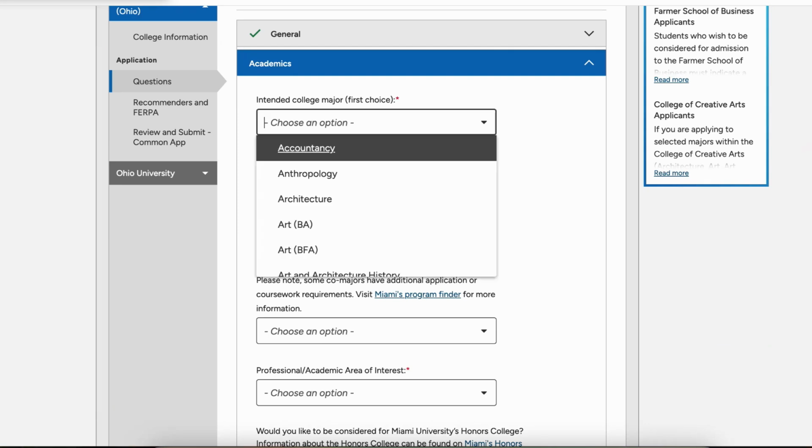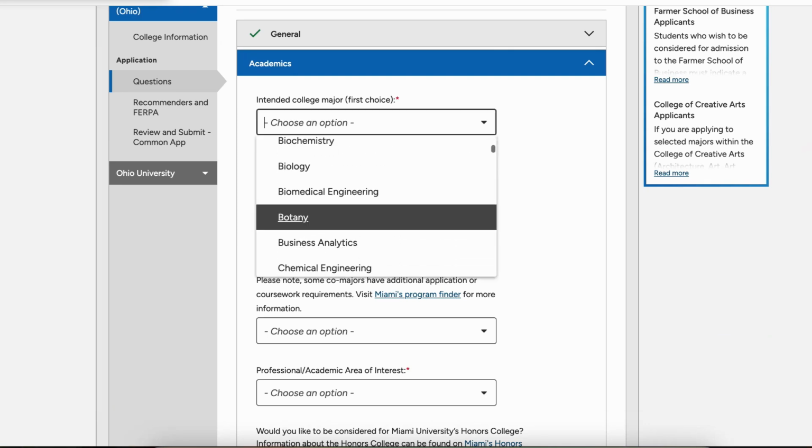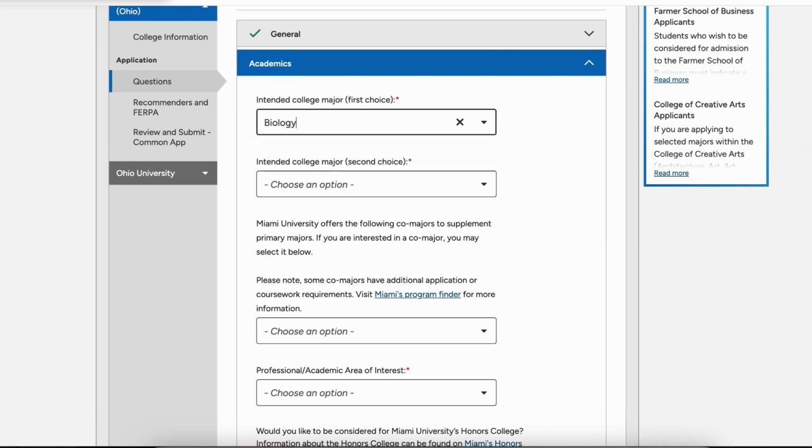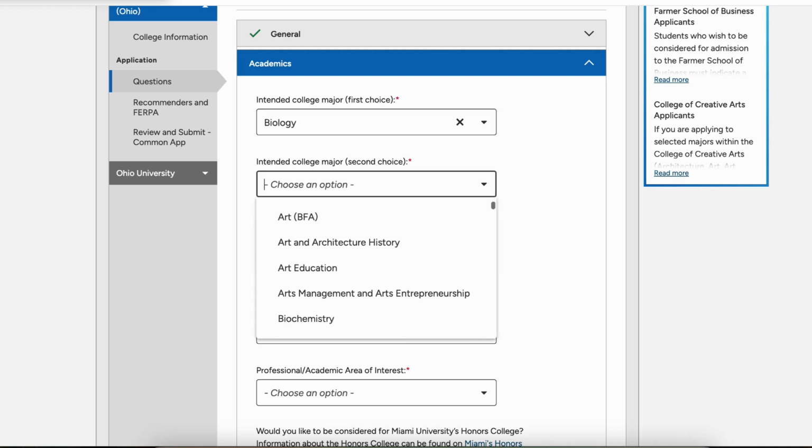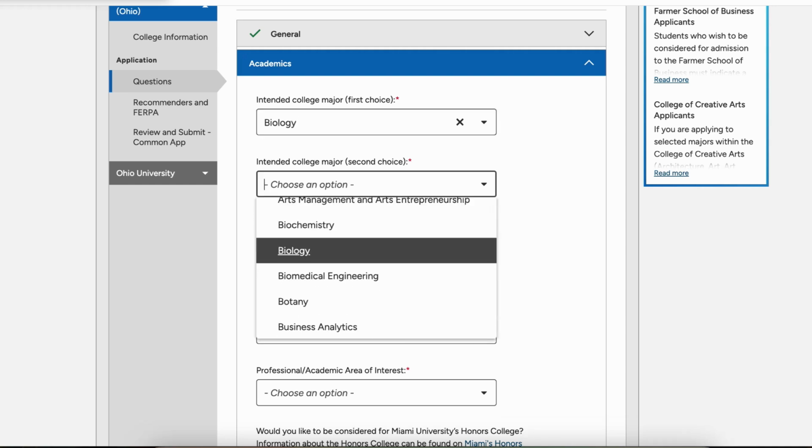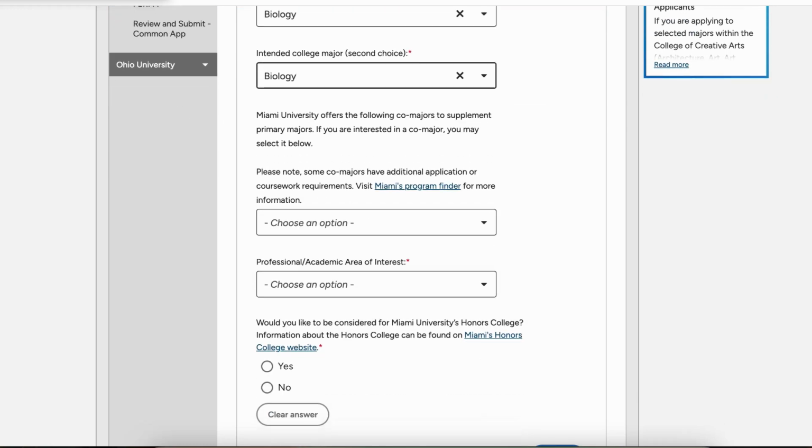And then what we want to pursue. We can just go with, let's say, biology, right? Initially, I selected mathematics, but yeah, let's go with biology. And then the major is going to be biology. And note some co-majors have additional application. So yeah,